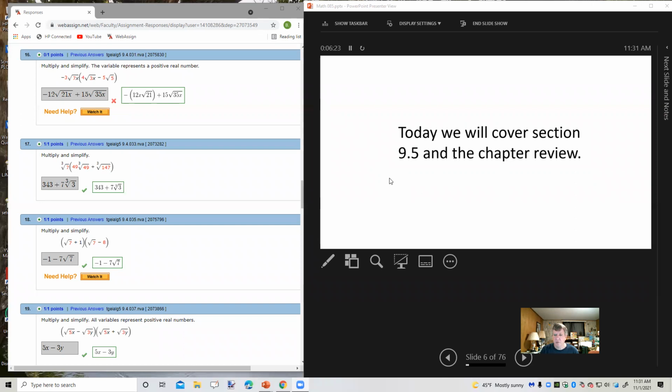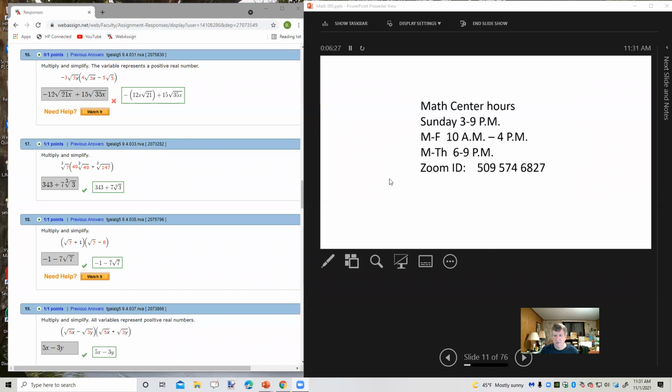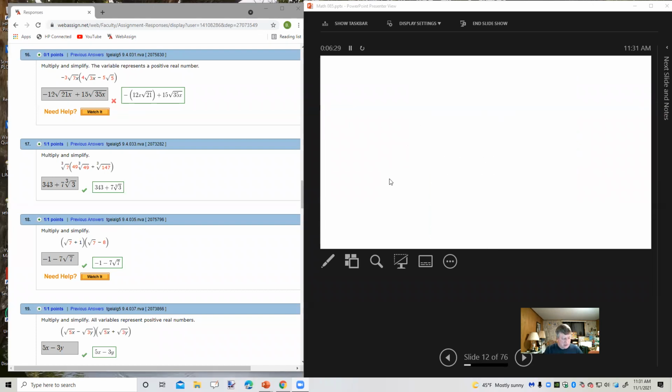Okay, so now what I want to do is I have some requests from section 9.4. So let's take a look. This is from 9.4, number 16, and you should see that on the left side of the screen in WebAssign. It says, multiply and simplify. The variable represents a positive real number. Therefore, we don't need to worry about absolute value bars. So we have